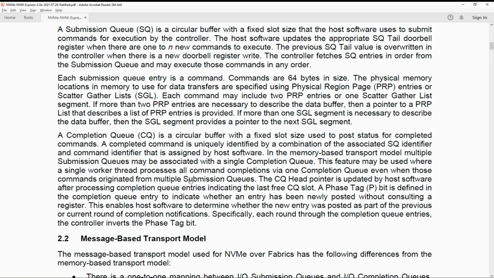The CQ head pointer is updated by host software after processing completion queue entries, indicating the last free CQ slot. A phase tag, P,